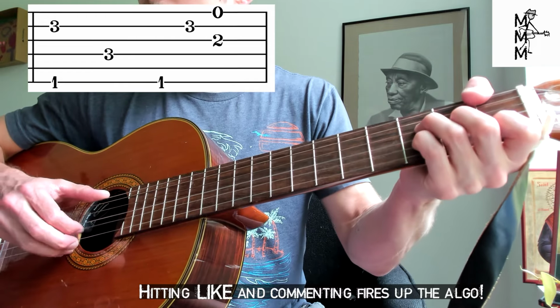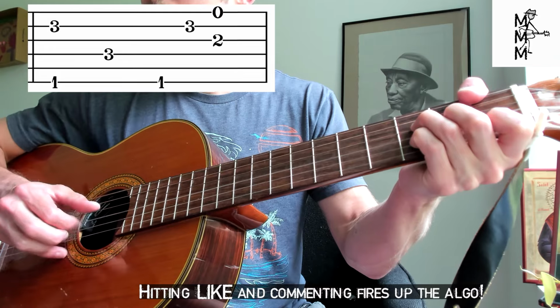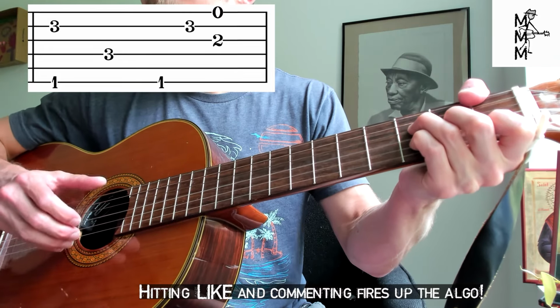Mindful of the thumb, 6, 4, then the 3rd string there, 6, 4, 6,